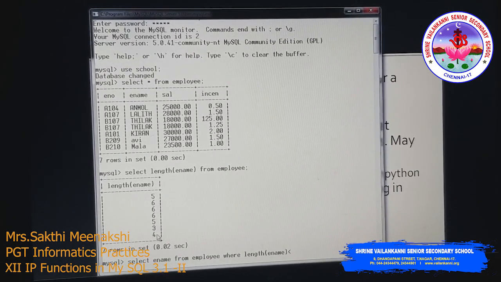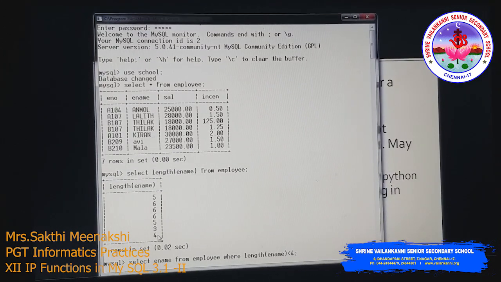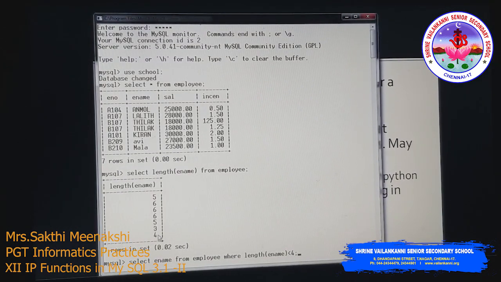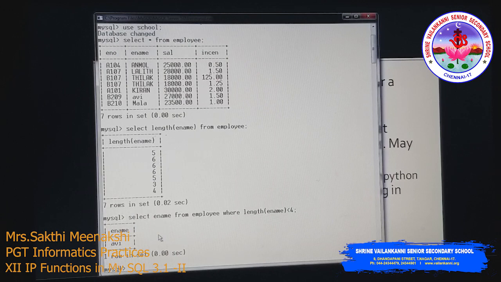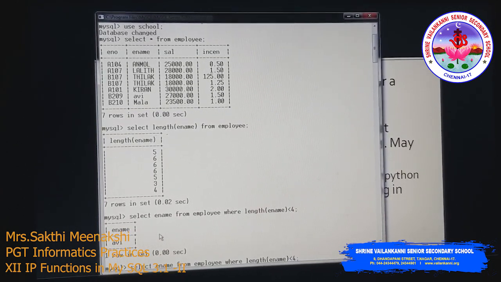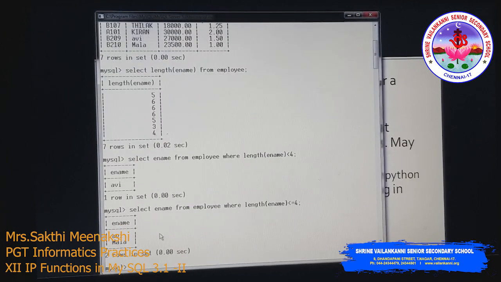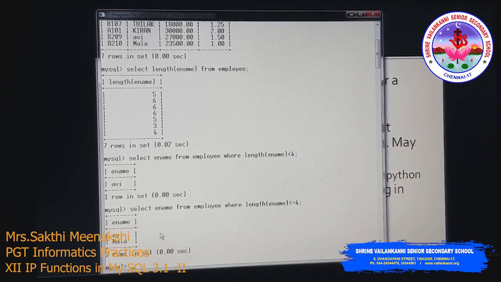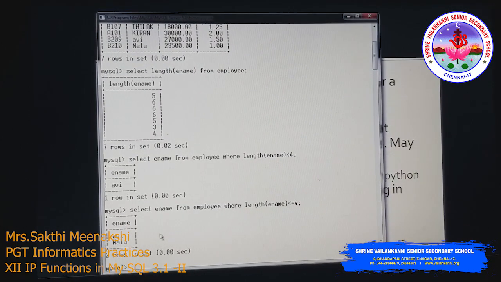This is the condition. You are going to display the names which are less than 4 characters long. This yields only Avi, the only name that contains fewer than 4 characters. We are not using less than or equals to. If you use less than or equals to, including 4, you will get Avi and Mala. In this way you can use the functions in the where clause also.